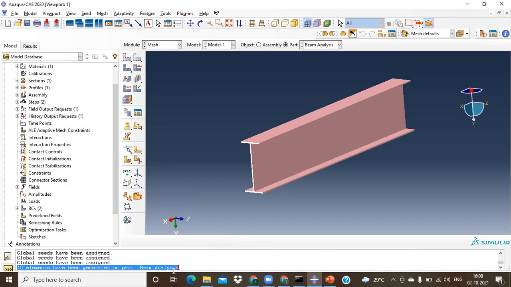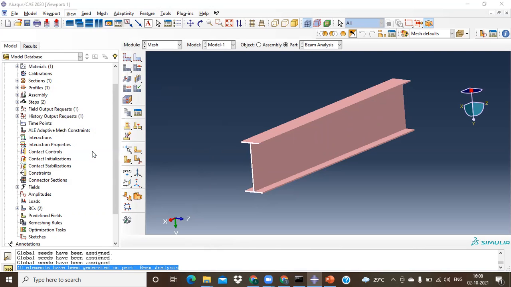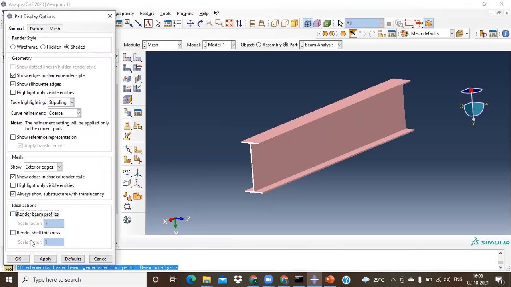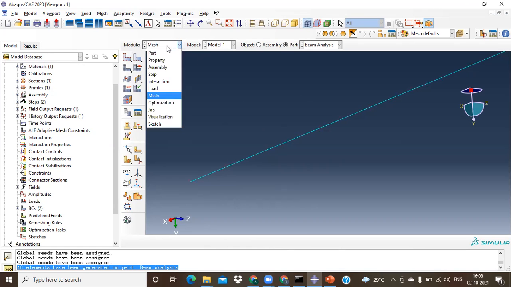So there are totally 40 elements available. If you would like to see these particular meshes, then go to your View, Part Display Options, remove this render beam profiles, apply, OK. Then here you can see the number of divisions actually happening. So this is where it shows the native mesh.